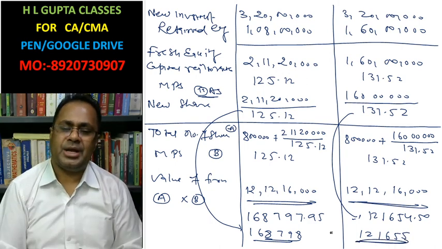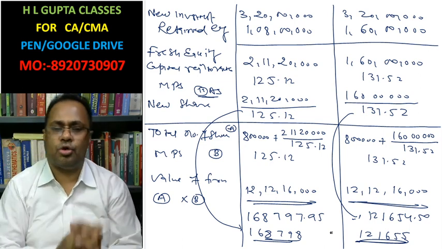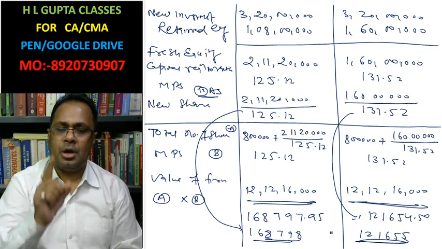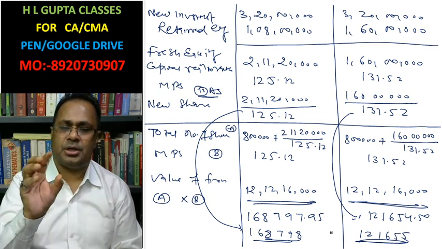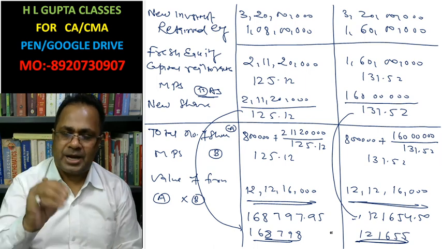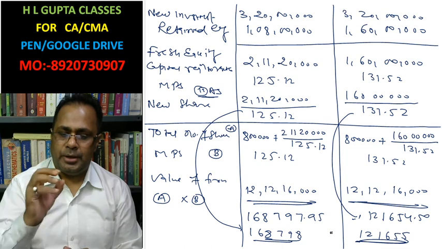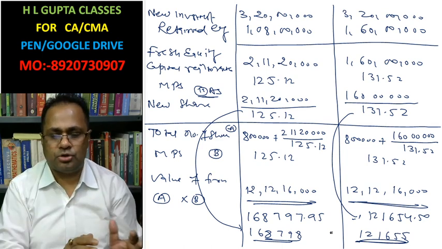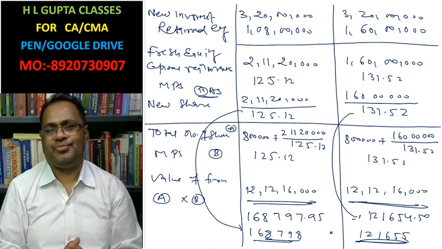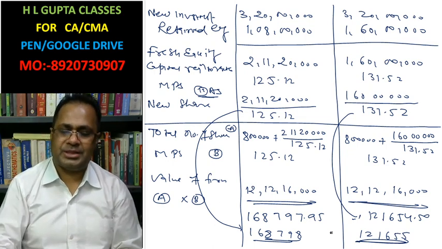Here we have calculated the market price per share when dividend is declared and not declared, and how many new shares are required to be raised to meet the target investment. The value of the firm when dividend is declared and not declared is just the same. This question is completed. Thank you, class.